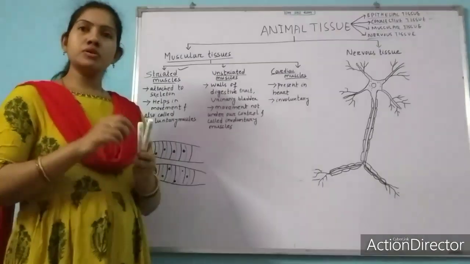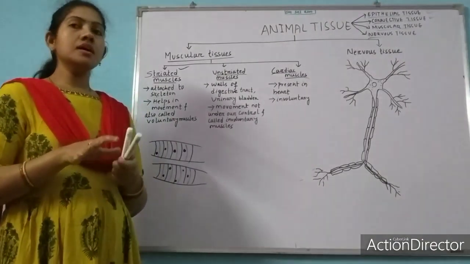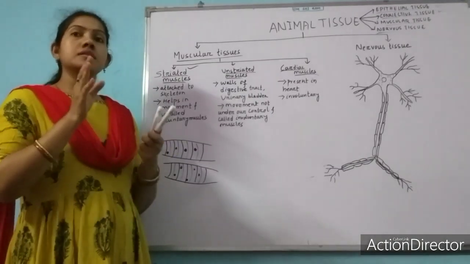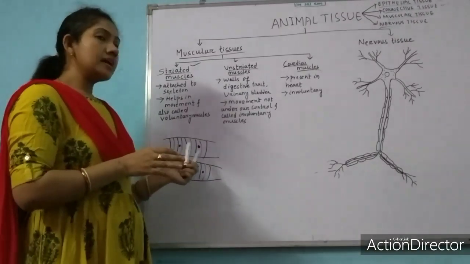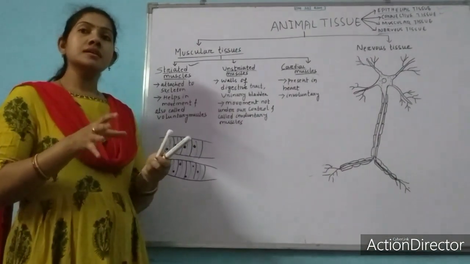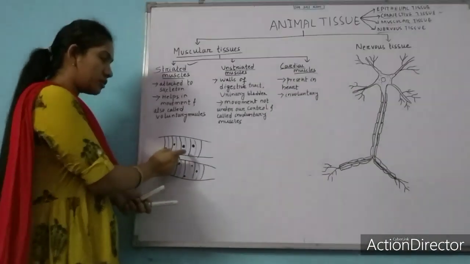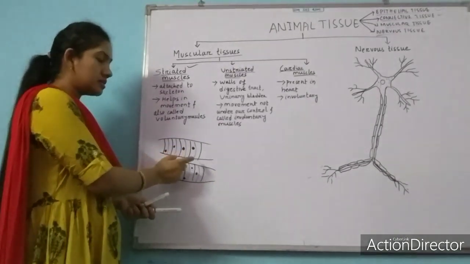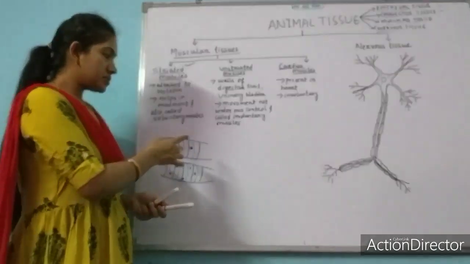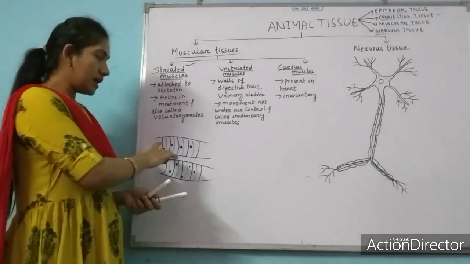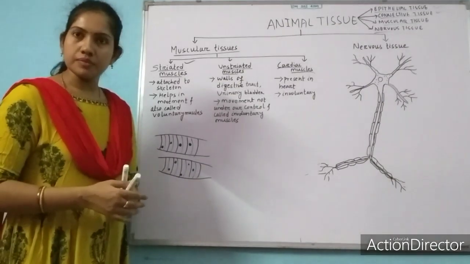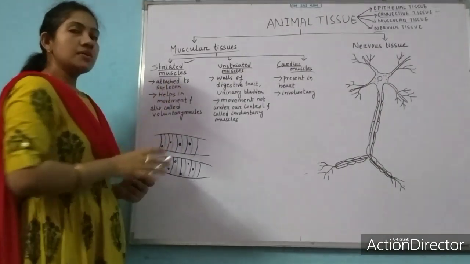Okay. So the structure of striated muscles is generally cylindrical. They have what? Dark and light color bands over their body. That's why it is named striated muscles. These are called striation. This tendency of formation of dark and light bands is called striation. That's why the name is striated muscles. And it has a number of nuclei over its surface. It is multinucleated. Okay. Now come to the function.